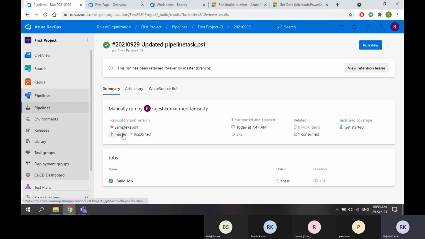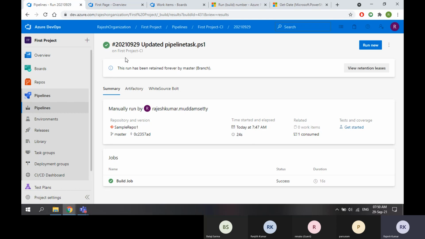So that means these two are linked. Repos and pipelines are interlinked. On this page, if you don't know what the repo name is, what the branch is, what the commit ID is, then even running this build is useless. So what is this repo, what is this master, and what is this commit?